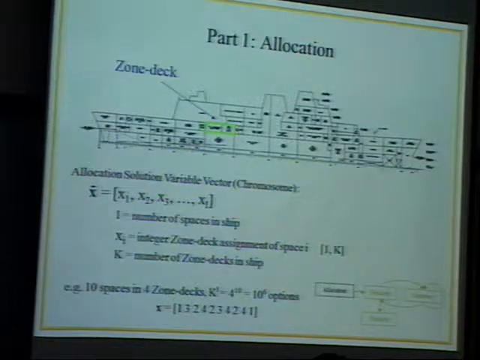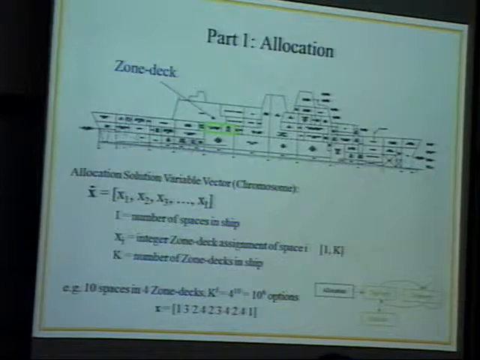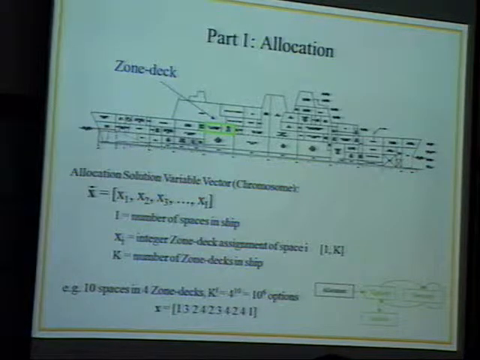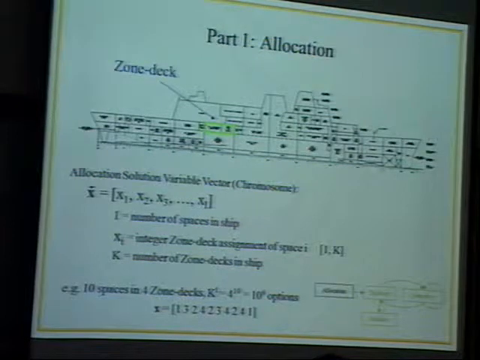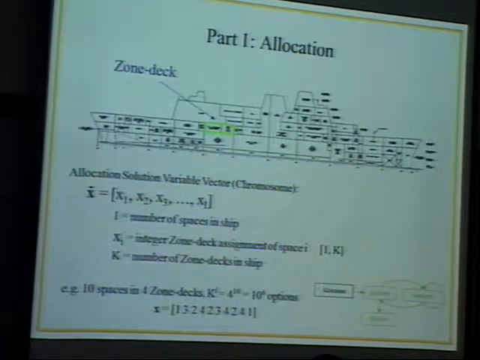Take every possible combination and evaluate and select the best one is virtually impossible. If you increase this into 600 spaces into 30 zone decks, it's 600 to the power of 30, which is an enormous number of operations, and